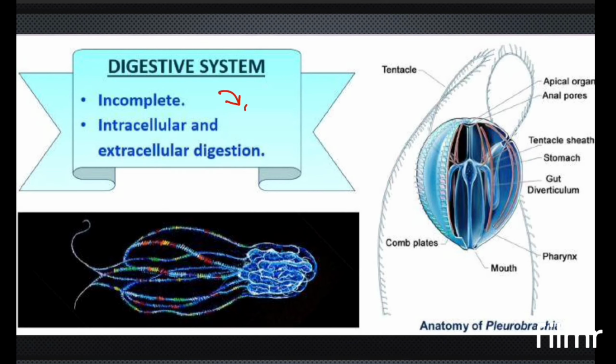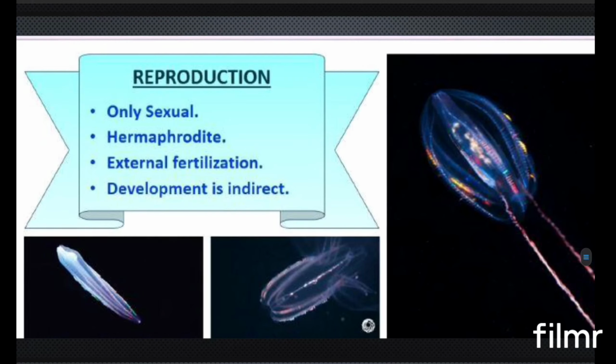If you are taking the respiratory system, these are tissue level organizations. So obviously respiratory system, circulatory system, all these things are absent in the case of Ctenophora phylum. Circulatory system was also absent. Right. Now what about the reproduction? Here you can see that though they are showing low level, tissue level of organization, the reproduction is only sexual reproduction in the case of Ctenophora.